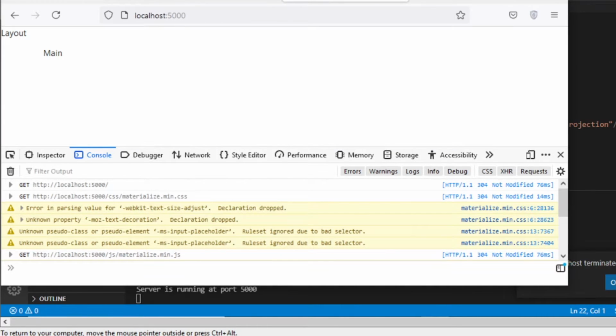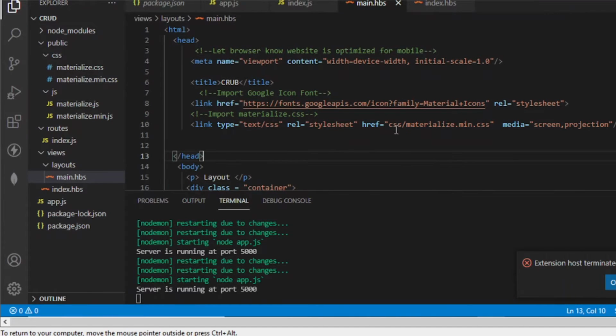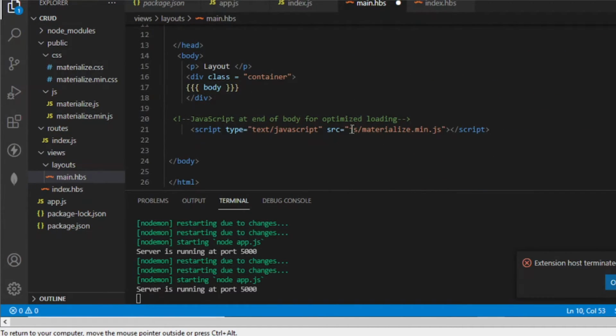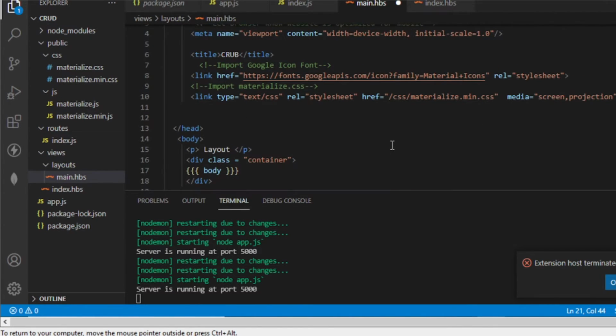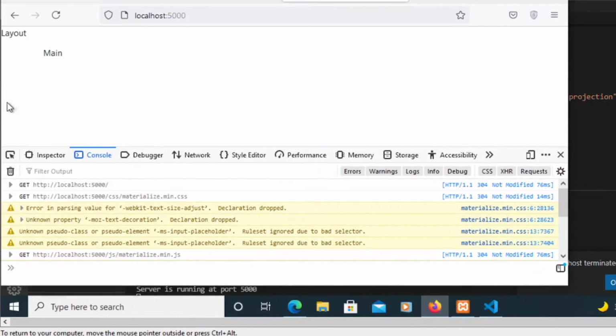So to fix that, we need to assign in this manner. Instead of this one, you need to assign like this. Put a slash on the first part. Same goes with this one. Okay, so this will avoid those issues when you add more pages later on. So let's save this one. Now, if we reload our page,